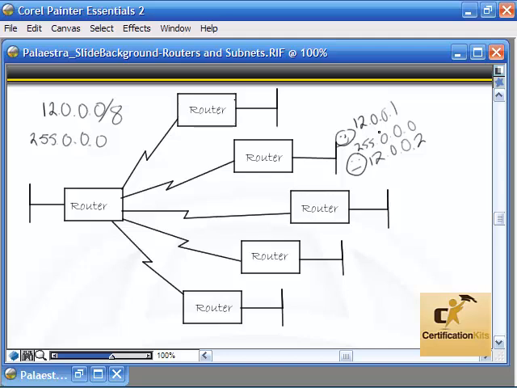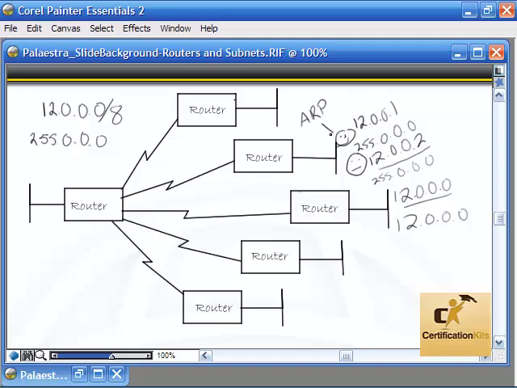Let's say I want this machine right here to ping this machine. When I type ping and then the IP address of 12.0.0.2, the computer compares the destination IP address to the subnet mask. He does this process called ANDing, and he gets what's called the network or subnet address. So for this 12.0.0.2 address, he sees, okay, that's network 12.0.0.0. He compares this network to his own, and he does the same thing to himself. He's like, oh, that's network 12.0.0.0. So in that situation, when the destination node is on the same network, the machine